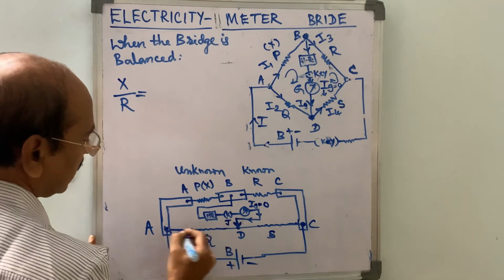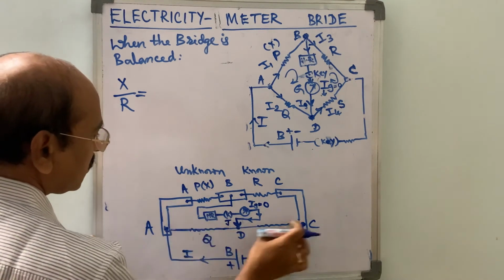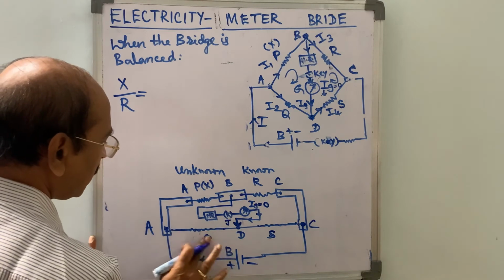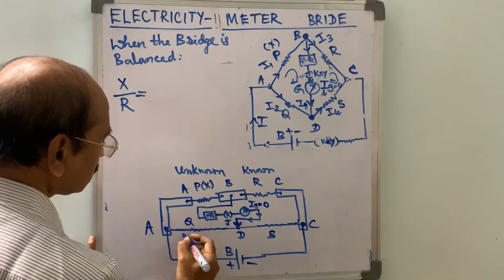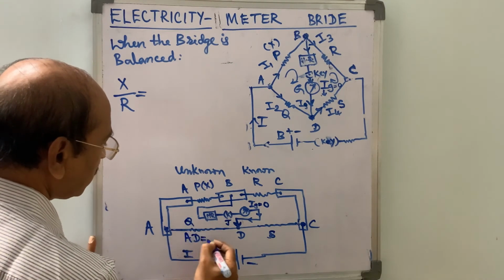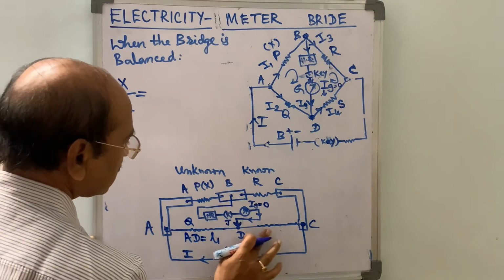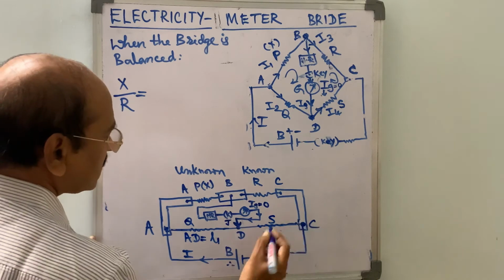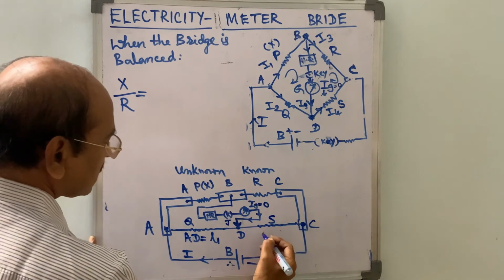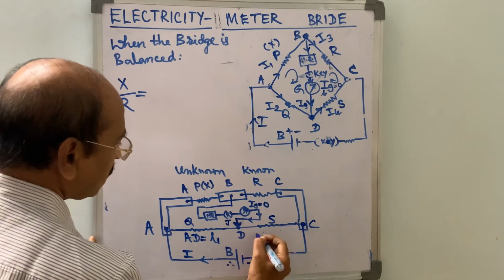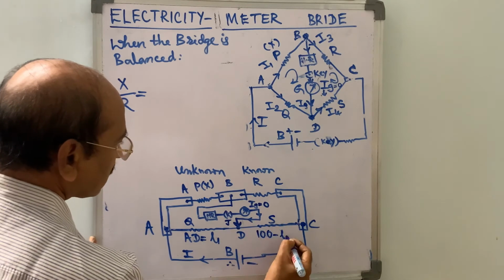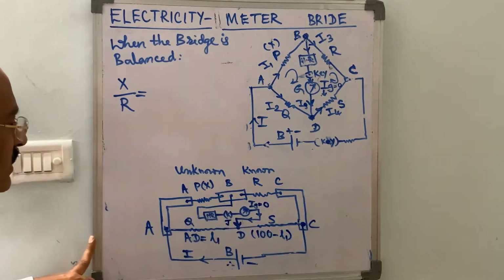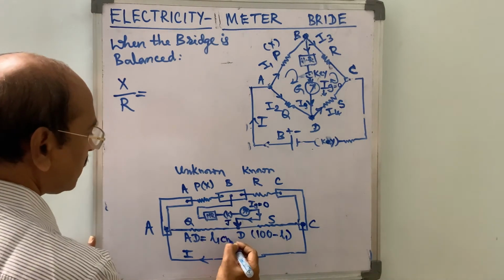Here, as the total length A to C is 100 centimeters, let this length AD be equal to L1, and S is the resistance of the wire length DC. This length is 100 minus L1,